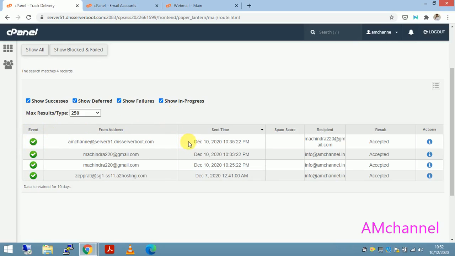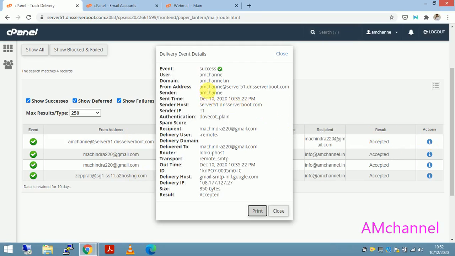Here we can see currently 4 records or 4 emails that are sent or received on this account or from this account, and this i option will give you more details.